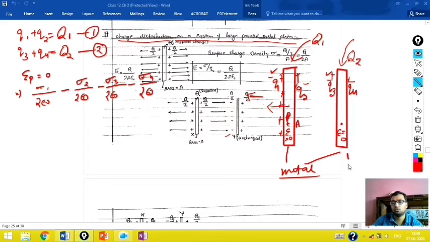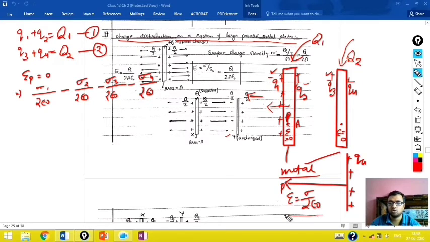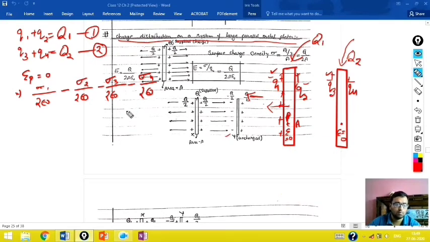Again just think that this q4 charge is provided on a straight infinite rod. Okay, this q4 charge, and I am saying that at this point P, due to this q4 charge, what will be the electric field? That will be sigma upon 2 epsilon naught, that is constant electric field away from positive charge. I have considered that this gap, the distance between these two plates, is very small. Then all this value should be equal to 0.